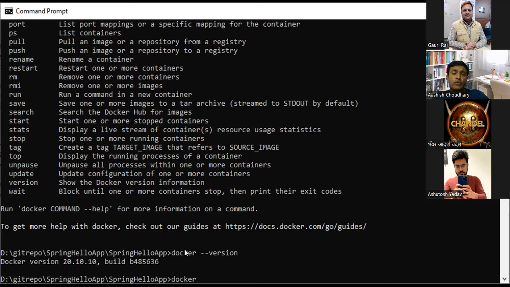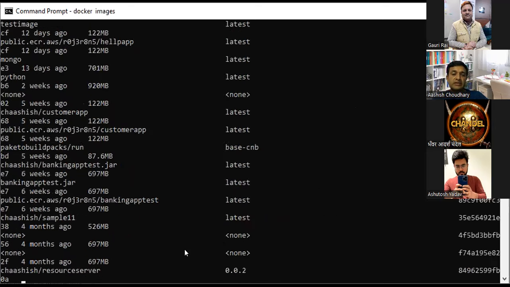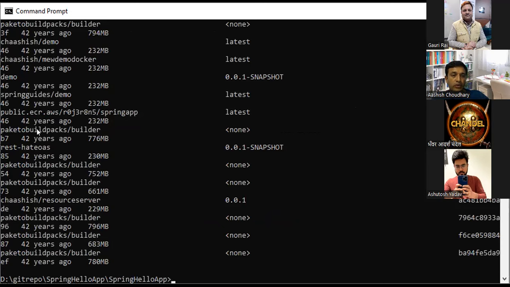Now, you also need to connect your command line. Our command line is nothing but a Docker client which is connecting to your Docker daemon. So Docker Desktop consists of both a Docker client and a Docker daemon, right? This is the way you can see the number of images you have, using docker images. Many such images are available on my local, and there are some images on my remote like this. There are many other commands too, right? But I'm just trying to help you run